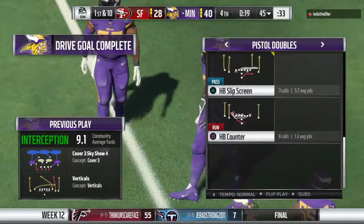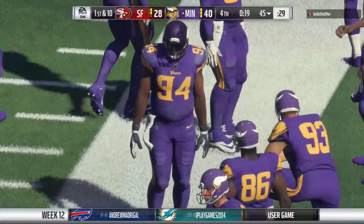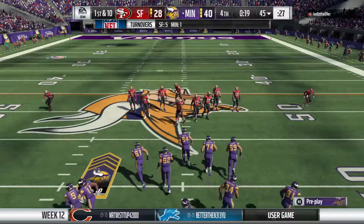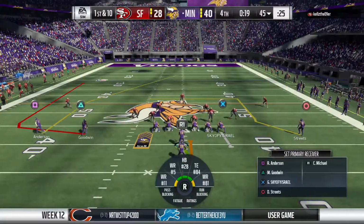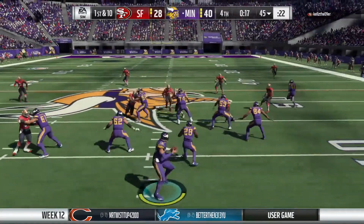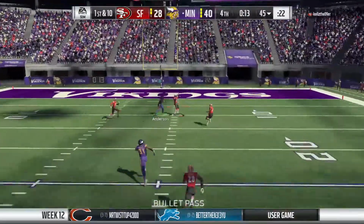Charles, whatever's going on between his ears right now, it's just not completely calculated correctly. 7 picks between last week and this week after that one. And they always say the most important part of a player is those 6 inches between the ears. But right now, it's all those interceptions that are going on. So whoever his trusted confidant is on the sidelines, I don't know if it's the offensive coordinator, quarterback's coach, maybe